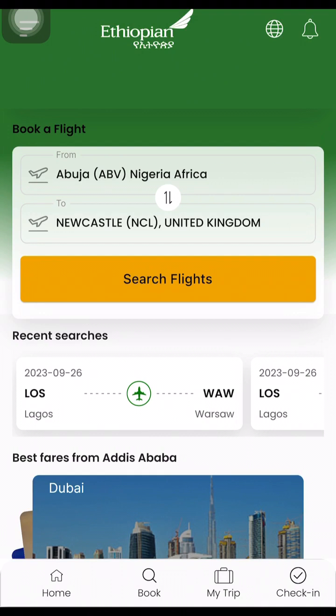So if you want to make a flight reservation, one of the requirements when applying for a study visa or whatever visa it is that you're applying for, though it is not for all countries, is that some countries will require you to present a flight reservation. And people do pay money for this flight reservation. But if you're making use of Ethiopian Airline or Qatar Airways, you don't need to pay any amount of money to make a flight reservation. I know some airlines would actually ask you to pay some amount of money to hold your reservation, but for Ethiopian Airline and Qatar Airways, I know for sure that you are not paying any amount of money.